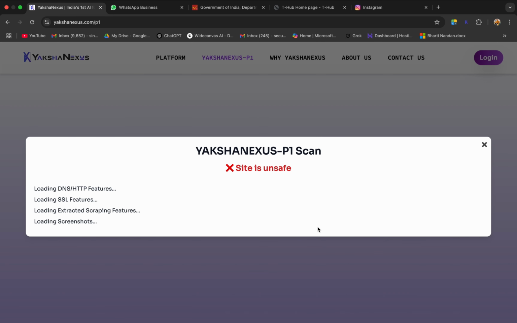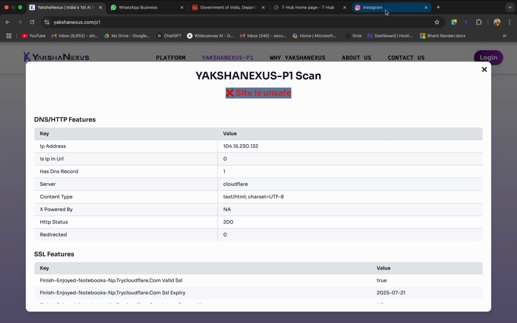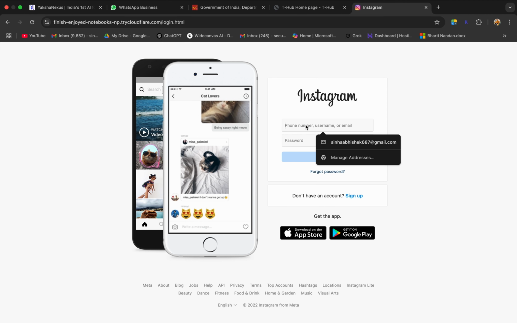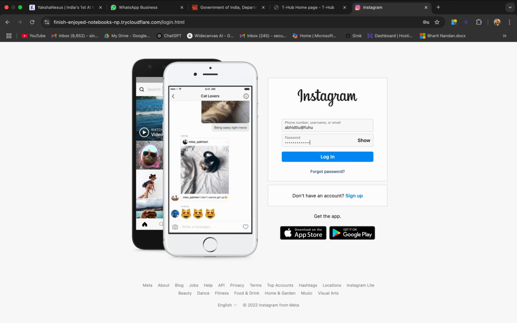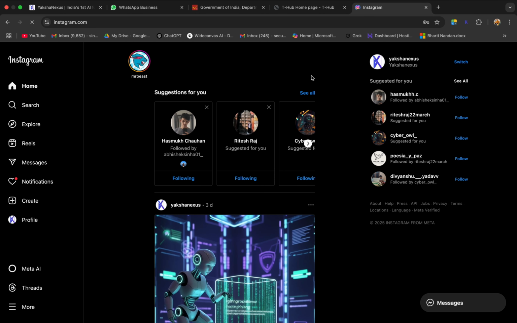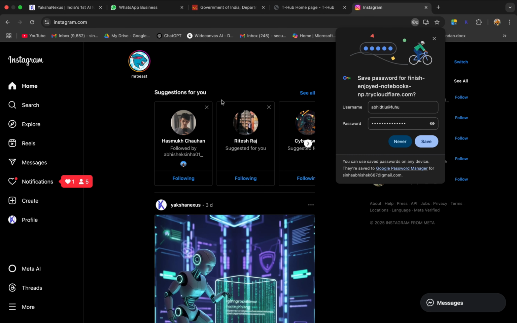Let's see what the site will show. The site is unsafe. It is showing that we are on Instagram, right? But the URL is different. I'll add something random, and I'm not going to tell you the password, but we'll see. Okay, I'll simply click on login. This is my different account, where I was already logged in,